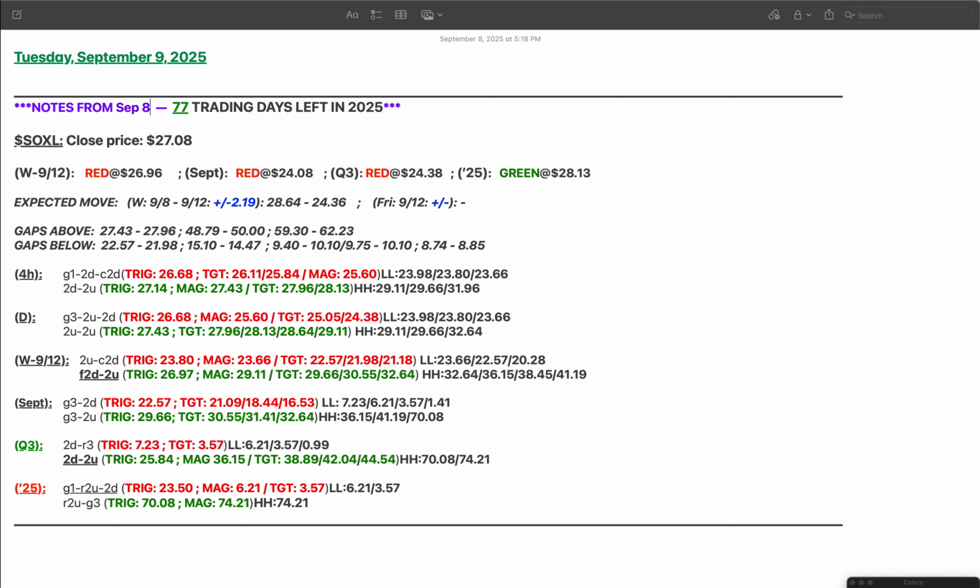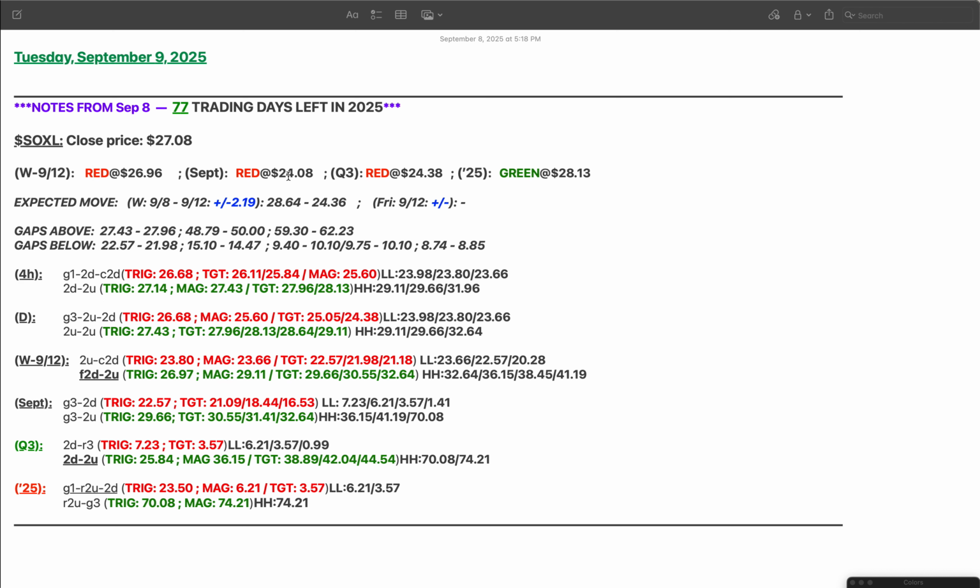These are from September 8th. There will be 77 trading days left in the year tomorrow. The closing price for SOXL today was 27.08. And then we also, because we got the opening print for the week, we know that at 26.96 the week